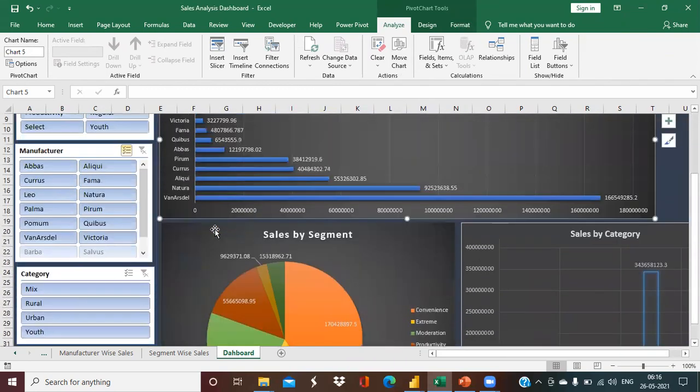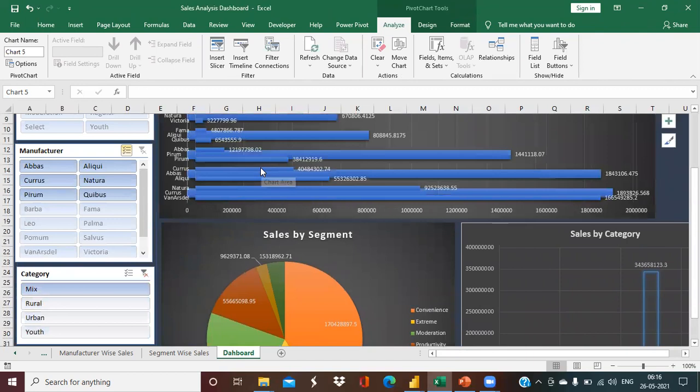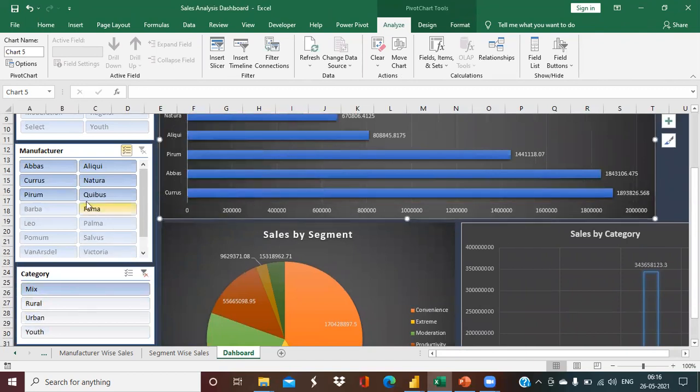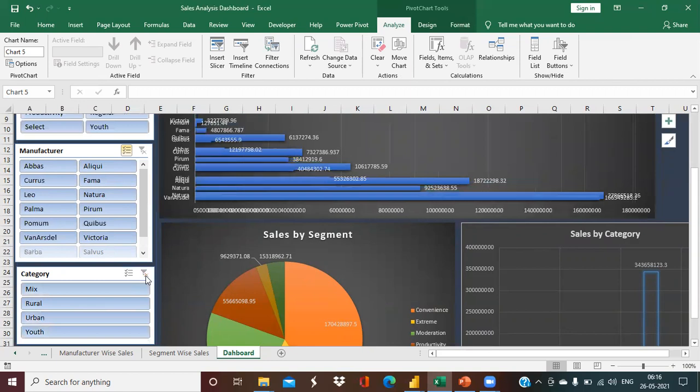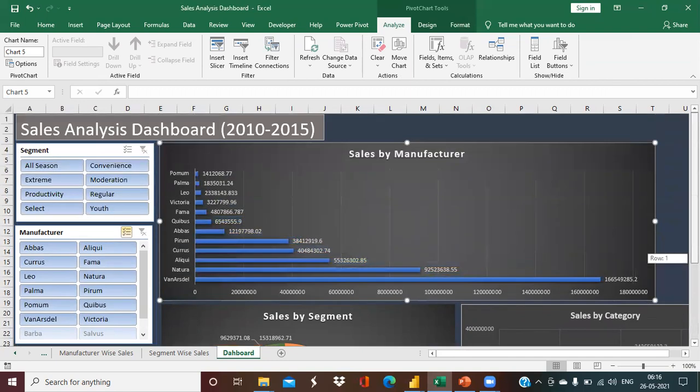Whatever filter I'm selecting, it is applying onto this particular chart only. Whatever slicer I'm applying, even when I'm selecting from category, this chart is getting filtered. Even if I select any other value from category, this chart is getting filtered accordingly. It is answering all questions on this chart, but not on the other charts. How to handle this problem? First of all, I'm clearing all the filters I have applied.